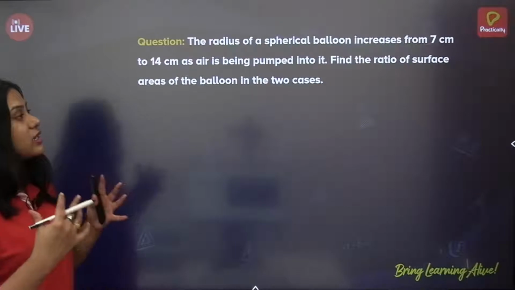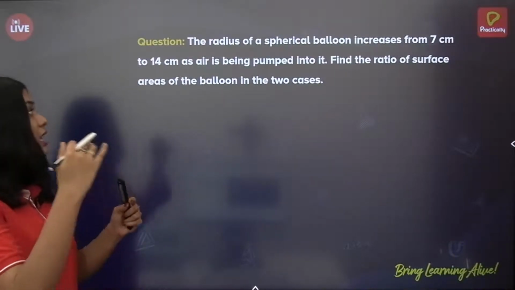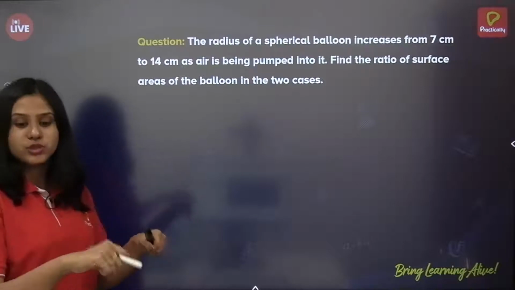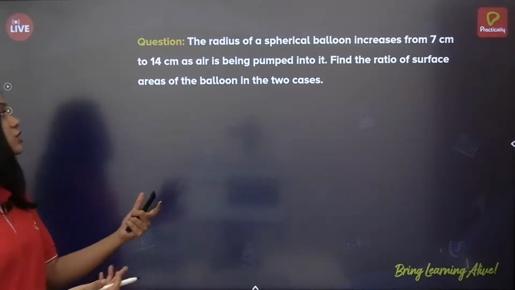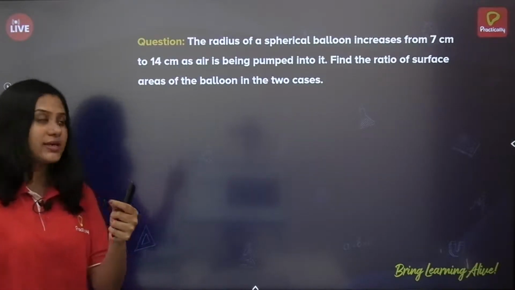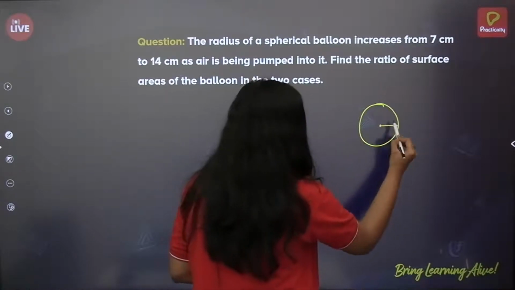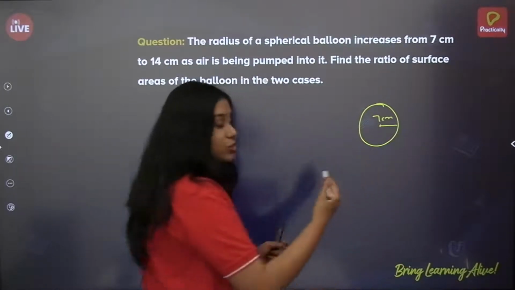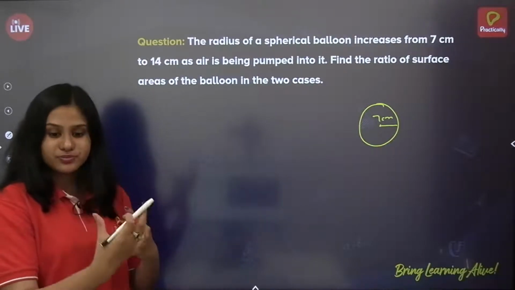Radius of a spherical balloon increases from 7 centimeters to 14 centimeters as air is being pumped into it. So there's a balloon, you're pumping the air using an air pump. So it is being inflated from 7 centimeter radius to 14 centimeter radius. So now the balloon is in this shape, that is 7 centimeters. So this is a sphere, okay, please don't get confused, it will be a circle. I cannot